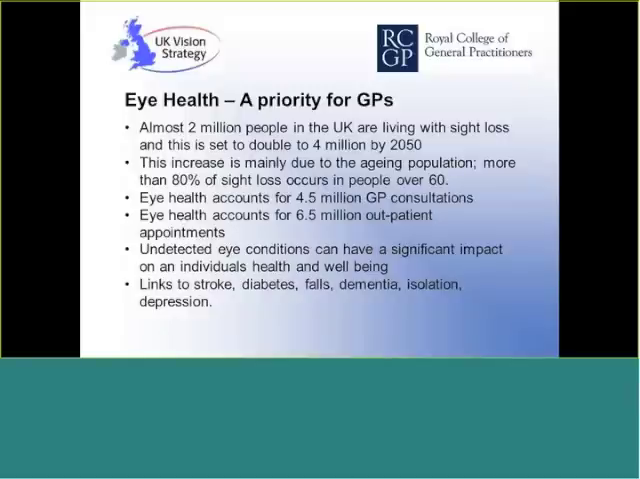We do know that undetected eye conditions can have a significant impact on the individual's health and well-being. And we know that poor sight is linked to having had a stroke. Poor sight is linked with diabetes. We know that our patients regularly go to the diabetic eye screening program, and retinopathy is picked up and treated during that process. We also know through bitter experience that a lot of falls amongst our patients occur as a result of poor sight,